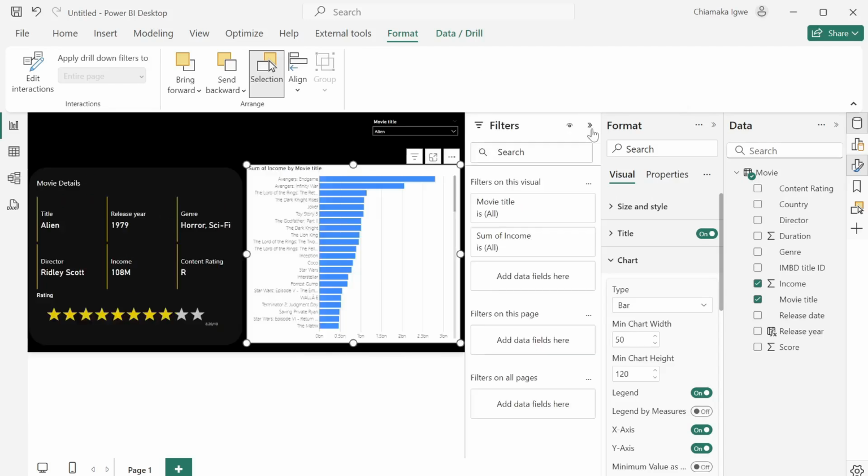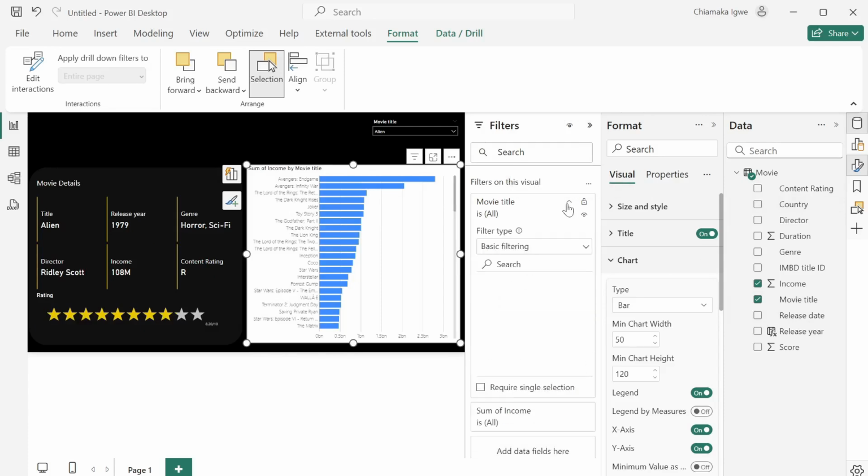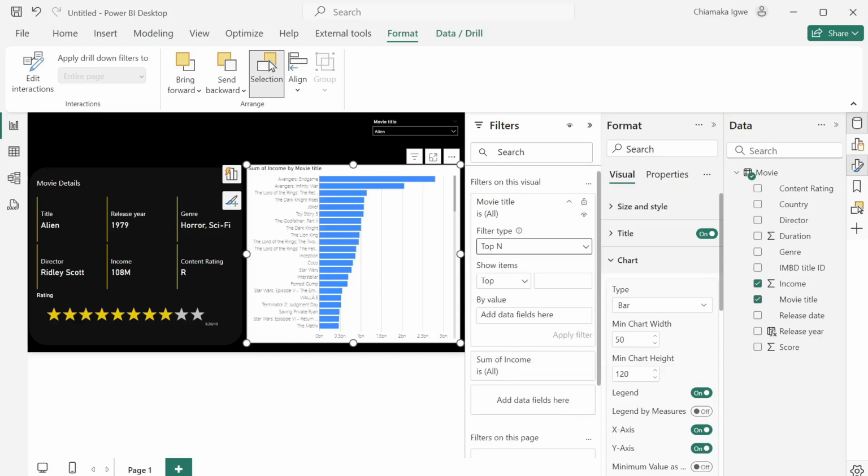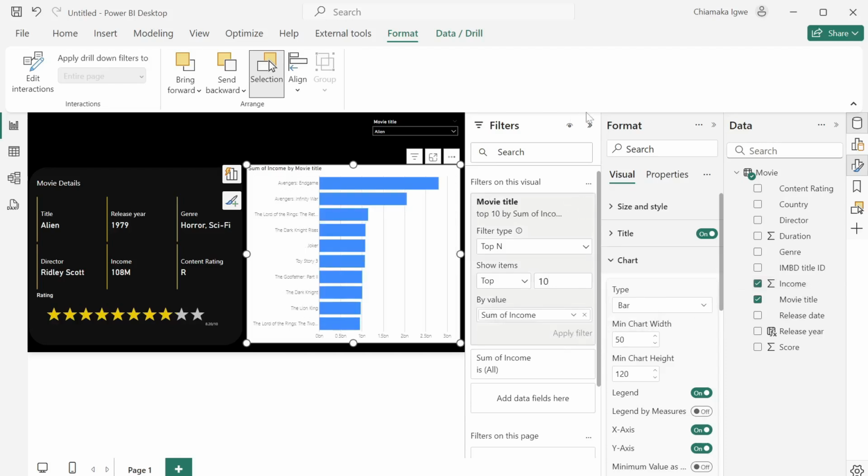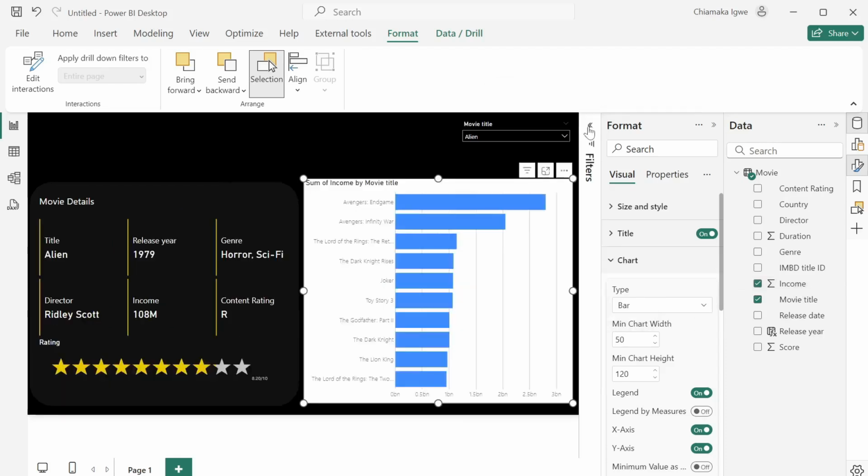So on the filter, I'll select the movie title, top N, type 10, and then based on the income, apply filter. We now have the top 10. So right now our chart is showing in this format, but we want it to show as images and not just as bars. So we are going to click on this edit mark,